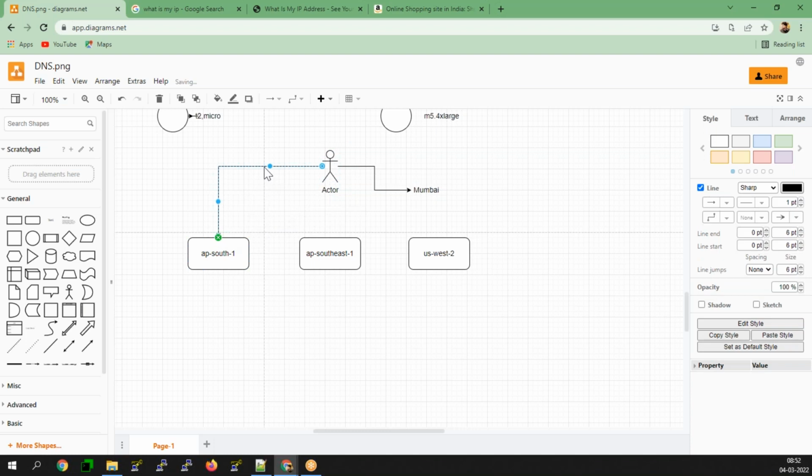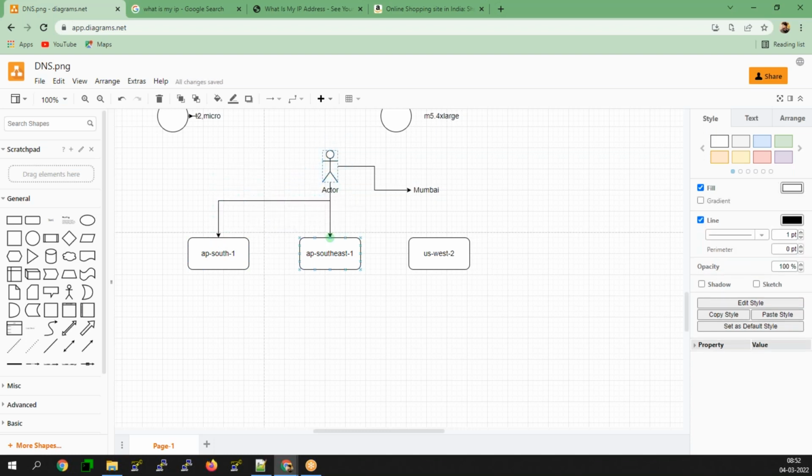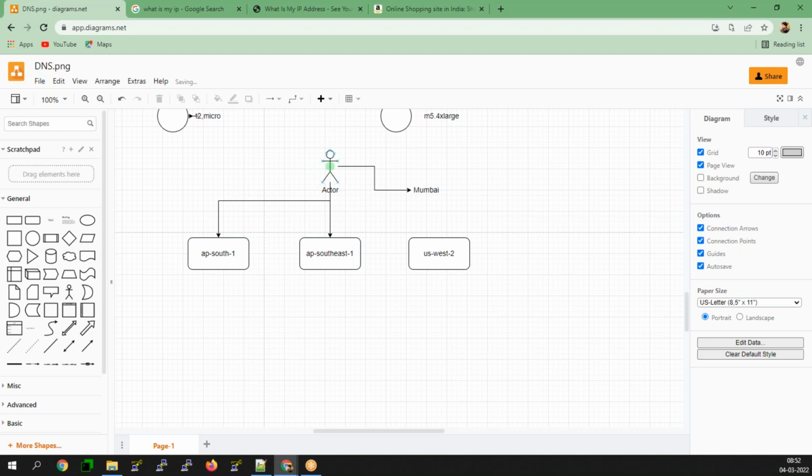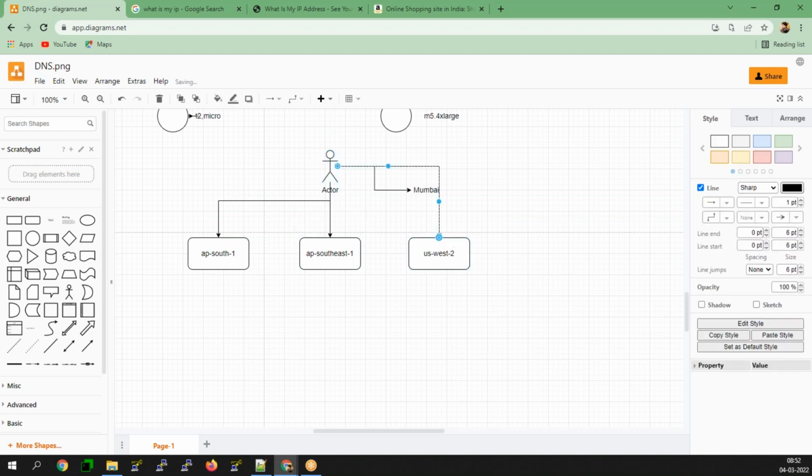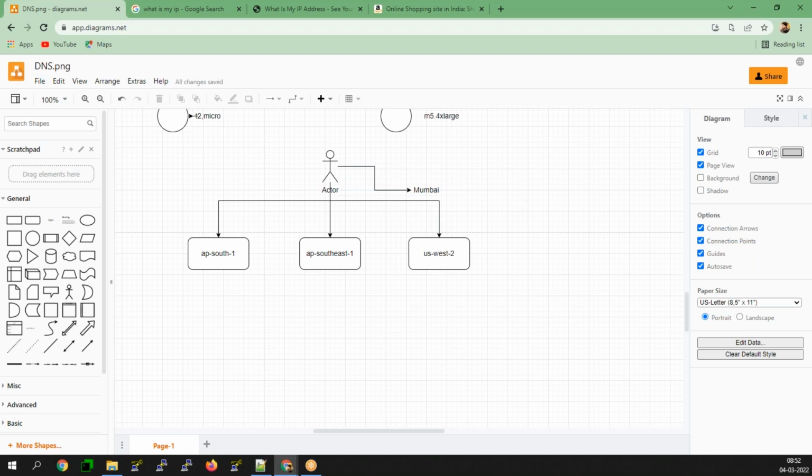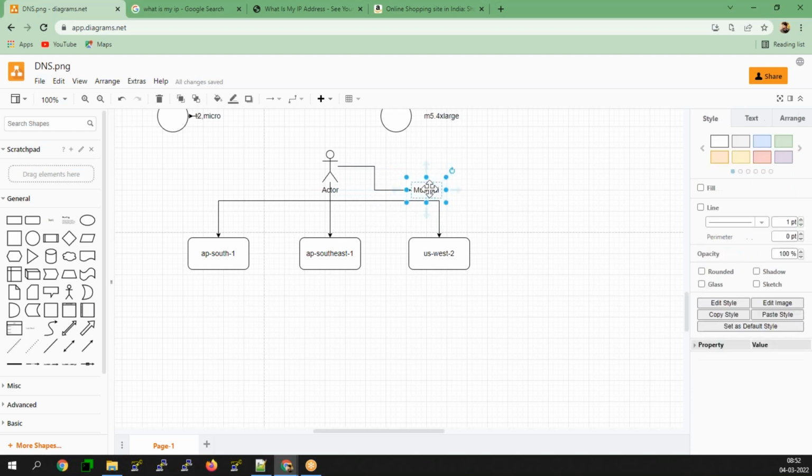Now you need to understand which is the nearest location for this guy. If the guy is hitting from Mumbai, the nearest location is AP South-1.